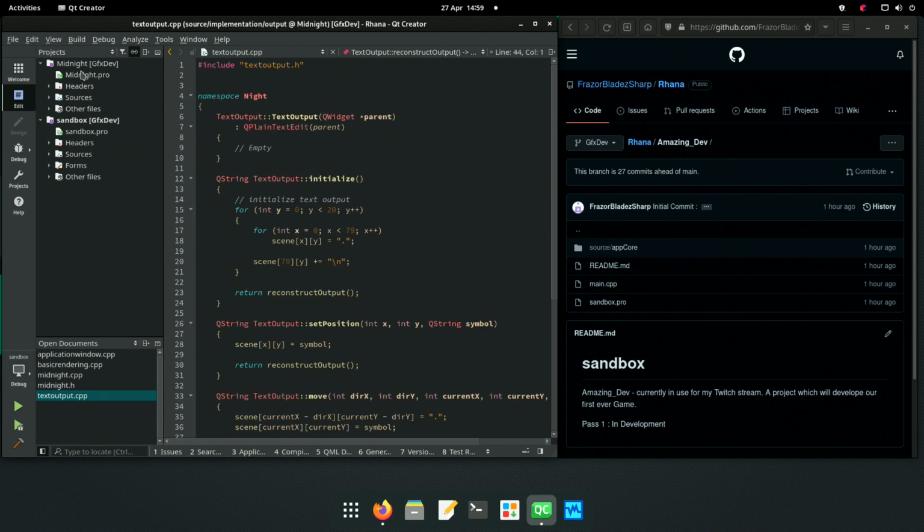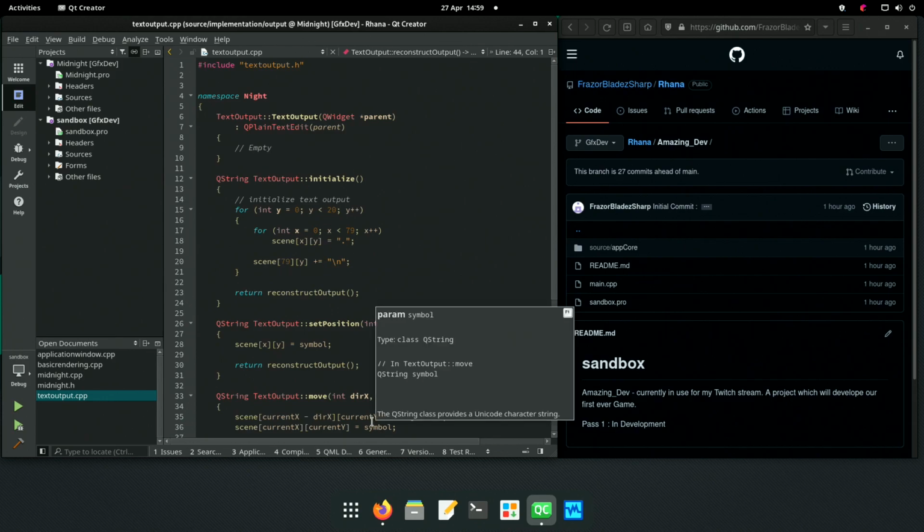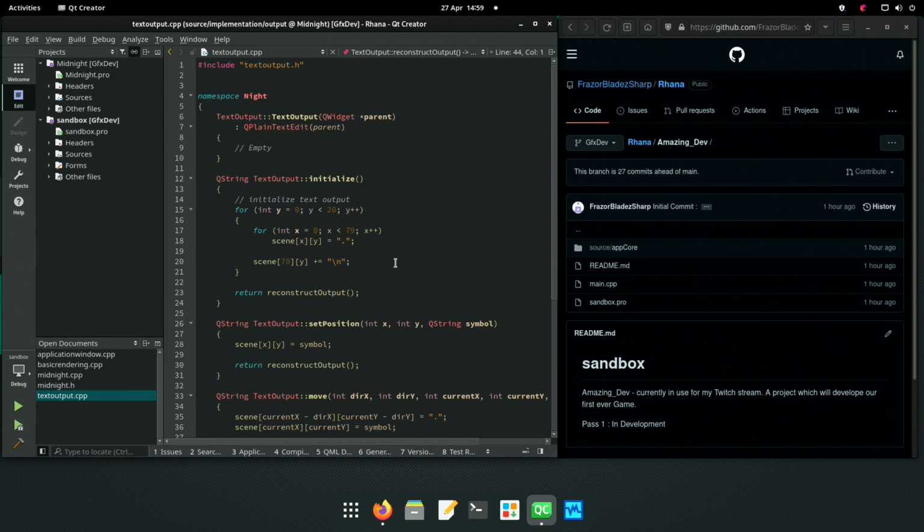Because remember, at midnight, I asked what can it do? And that's what it can do. This function here tells me what it can do. It can output text 20 lines down, 0 to 19, and 0 to 78 across.